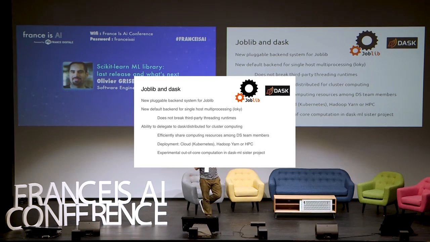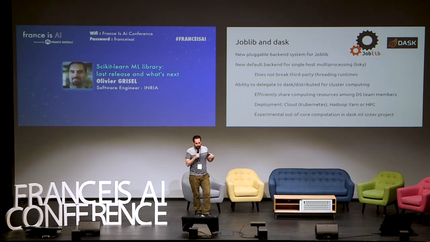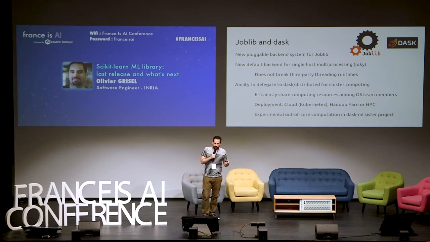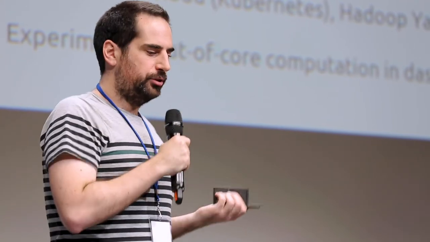Joblib is the backend that we use for parallel computation in Scikit-learn. By default, it can use threads or multi-process Python processes on a single machine. But what we've changed in this release is the ability to first replace the default multiprocessing backend by something that is more robust, that works better without crashing third-party threading runtimes like OpenMP and such. And secondly, the ability to unplug the backend and to replace it by a connection to a cluster computing infrastructure,